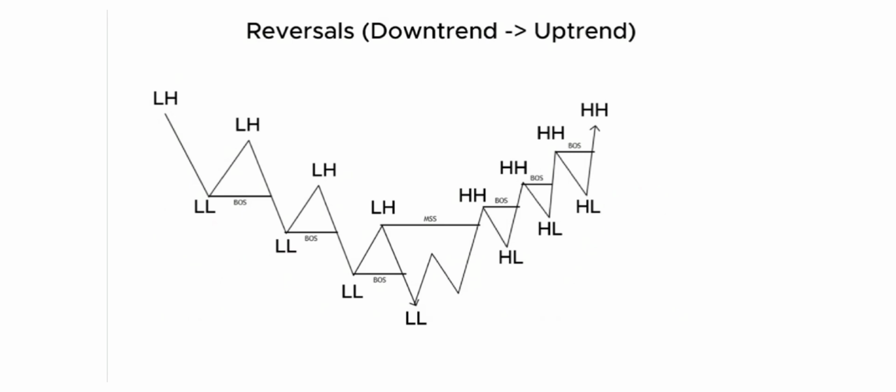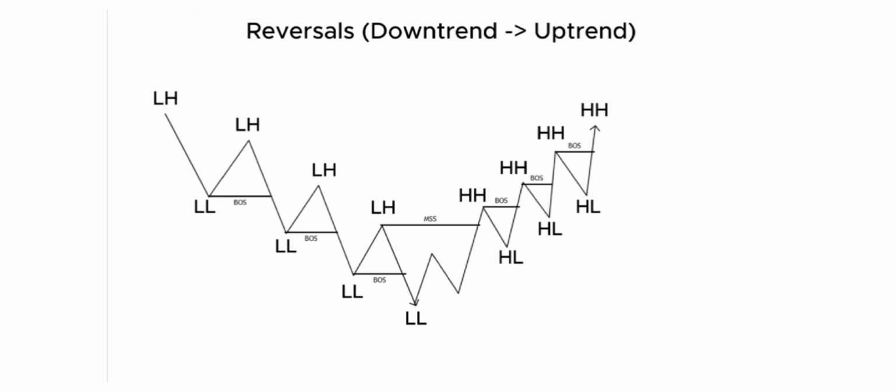On continuations, we wait for the market structure shift to form, which, from a downtrend into an uptrend, happens when the price breaks above the last swing high. So it forms the first swing higher high after a longer time of forming lower highs. And then it pulls back down and ends up forming a higher low, with a higher high that prints the first bullish break of structure. And then we would have looked for a buying setup near the recent swing lows, but after the first break of structure has already printed. But this is not what we are going to focus on in this video, and instead, we are going to focus